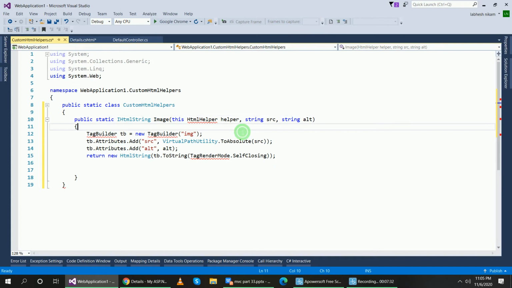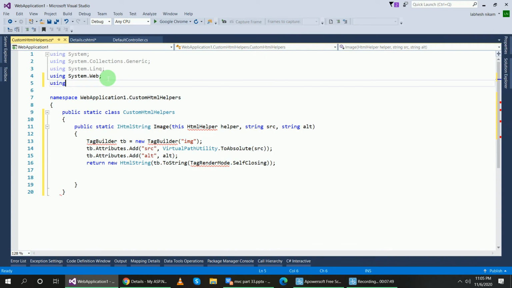So here I have copied this class to create the image HTML helper. Now this HTML helper class is used with System.Web.Mvc.